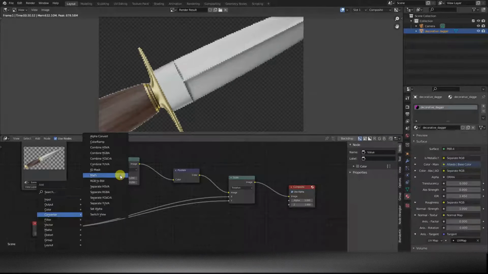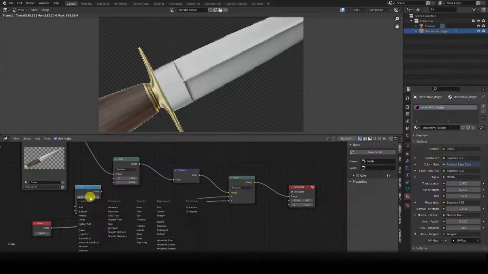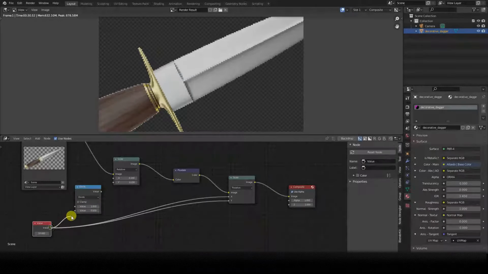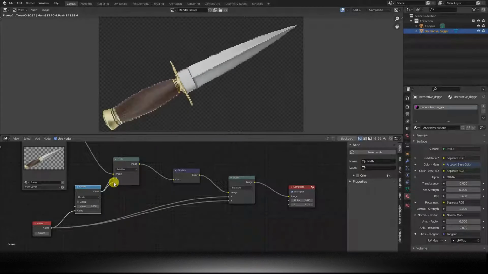Set divide as the math mode, type 1 in the first value field, and connect the value node to the second value field of math. Finally, connect the output of math to the X and Y inputs of the first scale node.